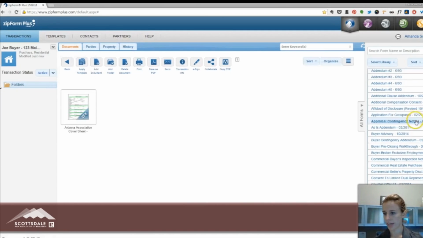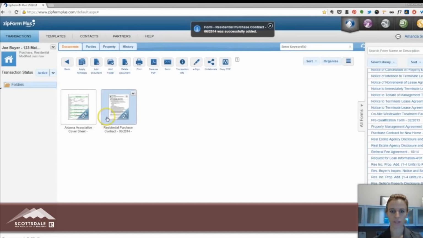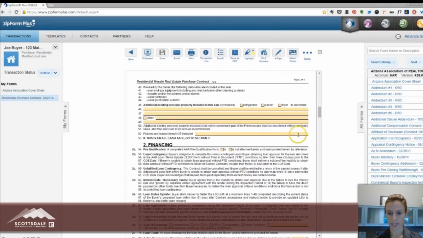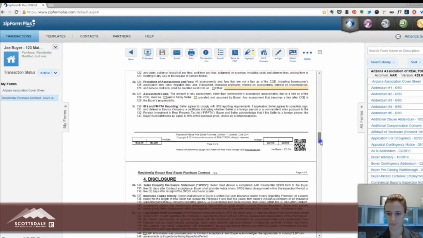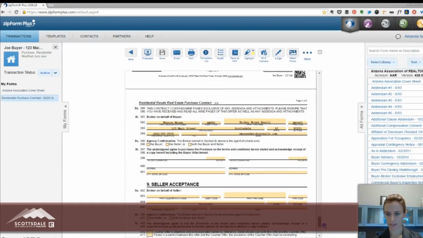Now from here, if I add anything such as the residential purchase contract, what you're going to see here is pretty cool. What it does is it actually looks at that template, that very first cover sheet, and it pulls in that info that's in there. So if I go down, you can see right here it auto-fills my information. So again, when the forms change on September 28th, and this is also asking for your license number, all you have to do is do that template on one sheet, that cover sheet,